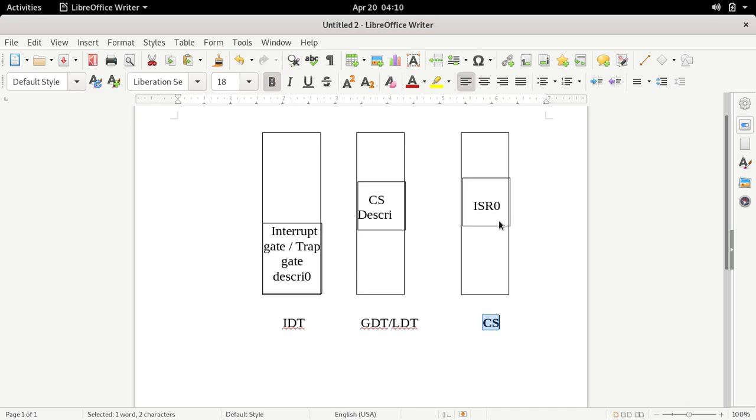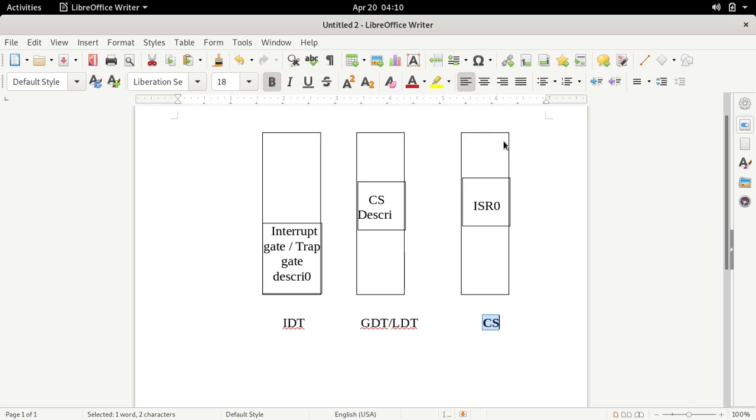Which is the type 0 interrupt? The type 0 interrupt is the divide by 0 interrupt. So whenever a type 0 interrupt occurs, which ISR should be executed? This ISR 0 should be executed. In this way, how many ISRs can we have in main memory? We can have a total of 256 ISRs. Each ISR will correspond to one interrupt.